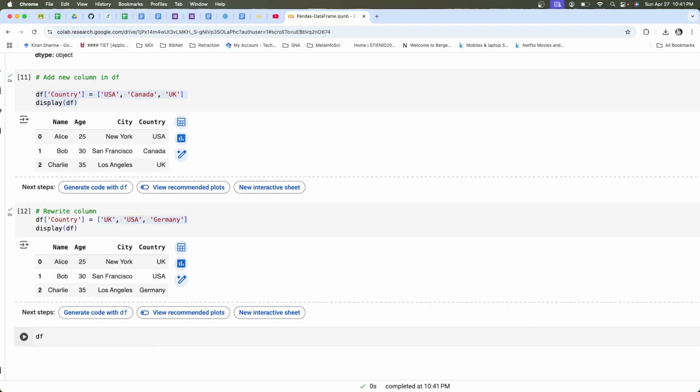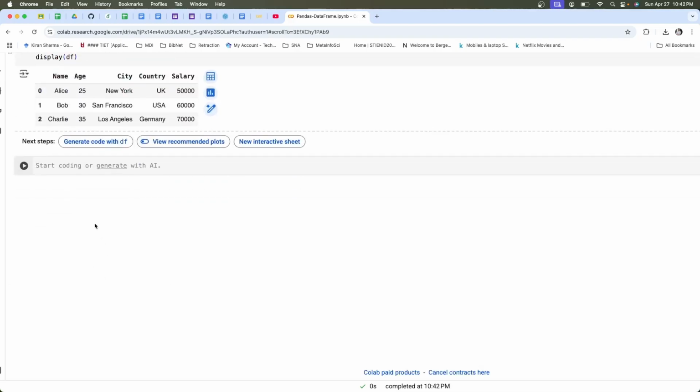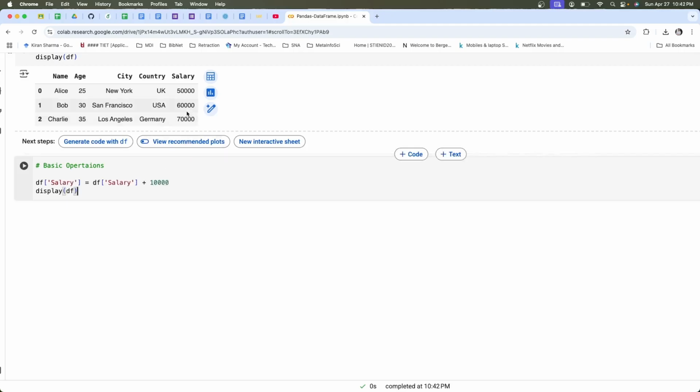Similarly, if I want to put a new column, let's say salary, of all the things. So now you can see I have 5 columns. So what basic operations can you perform on your df? Let's say I want to increase my salary by 10,000, each and every salary. On the right hand side, I need that column, and you know how to fetch that column: df and the column name.